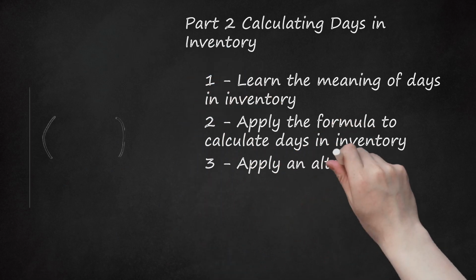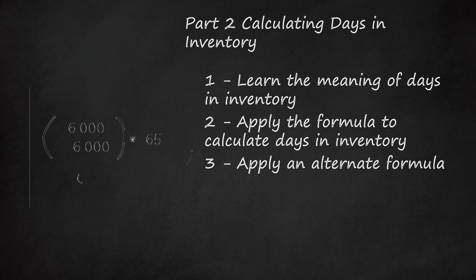3. Apply an alternate formula. If you have not calculated the inventory turnover ratio, you could simply use the cost of goods sold and the average inventory figures. You would divide the average inventory by the COGS. Then you would multiply that number by the number of days in the accounting period. In the example used above, the average inventory is $6,000, the COGS is $26,000, and the number of days in the period is 365. Calculate the days in inventory with the formula